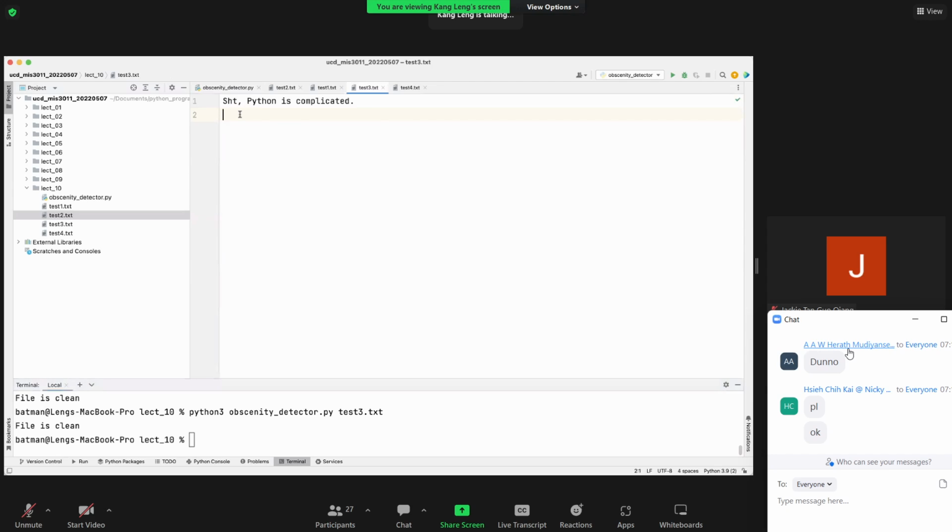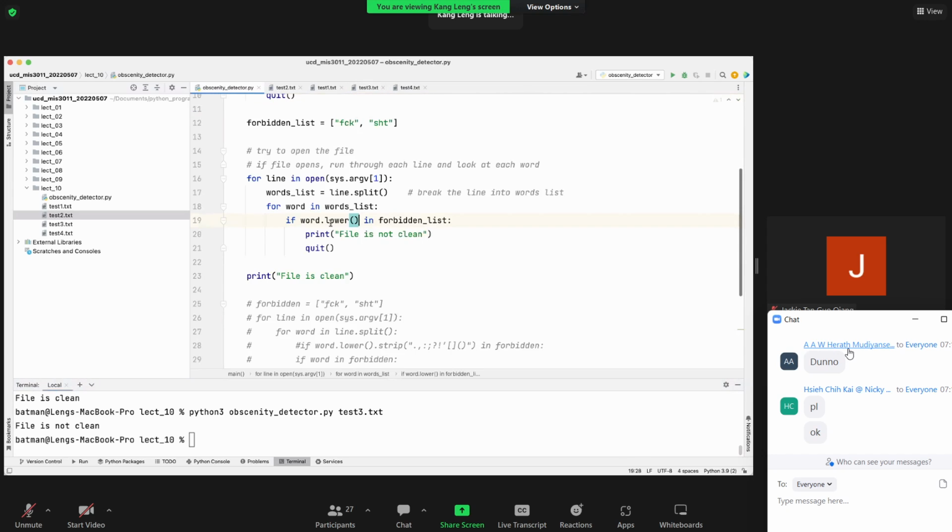Oh, it's because of the commas. Let's say if I remove the comma, it should work. So it says that the file is not clean. The uppercase does not matter anymore because we changed all the words to lowercase. And we know that the commas make all these not work properly, so that's why he added this last part to strip